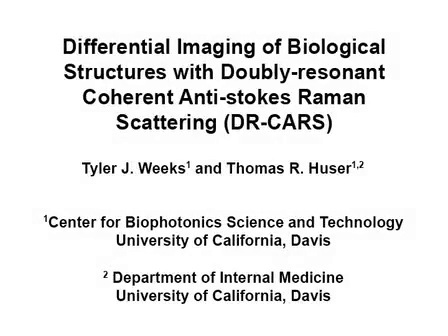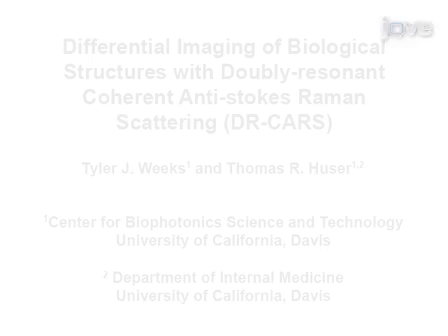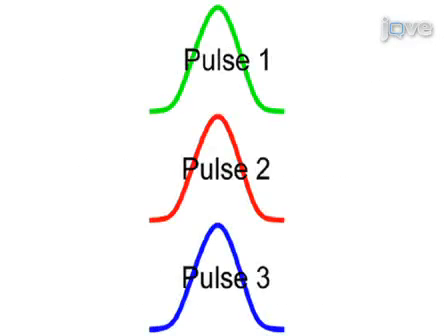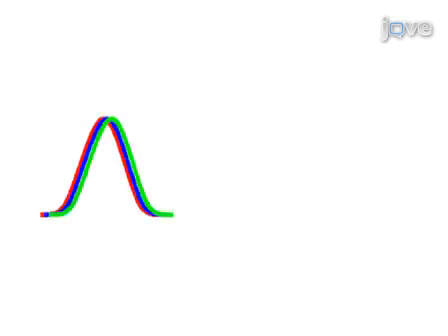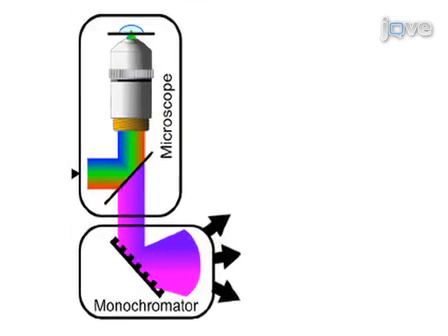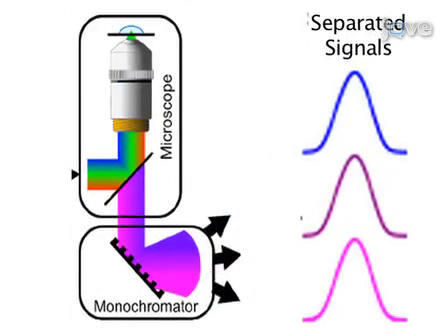This video demonstrates a procedure to conduct differential imaging of two Raman resonances associated with biological structures with coherent Raman scattering signals. First, three synchronized short pulse lasers are overlapped in time and space. The overlapped pulses are then sent to a standard inverted microscope, which allows for the generation of coherent Raman signals